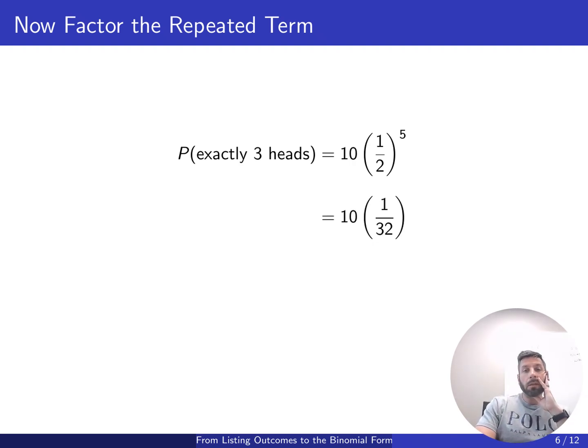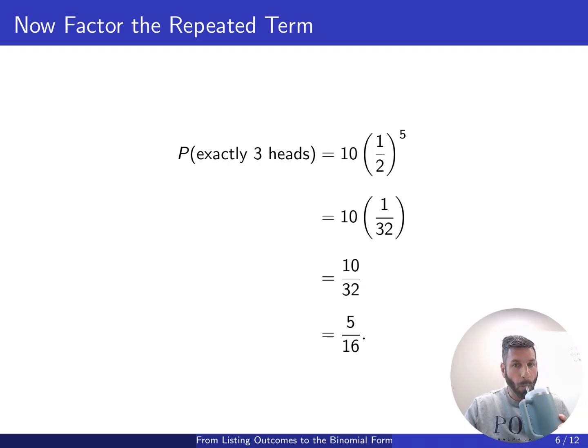Now, if I do the arithmetic, 1/2 to the fifth is 1/32, and you'll see I get the same answer as I did real quickly on the first or second slide, 10 over 32. Of course, that reduces to 5/16, and so we would say that the probability of getting exactly 3 heads in 5 tosses is 5/16. Okay, great. What does all this mean? Well,